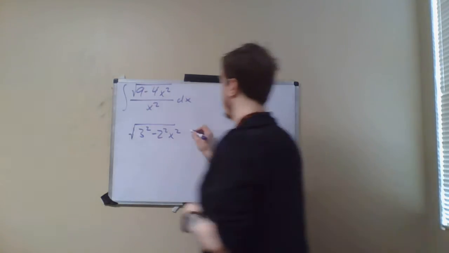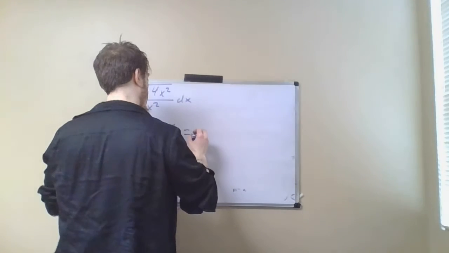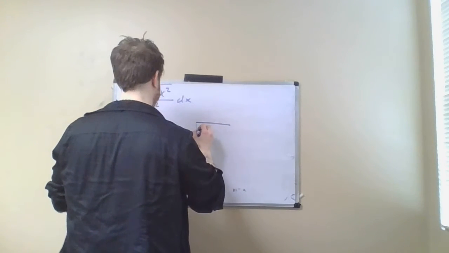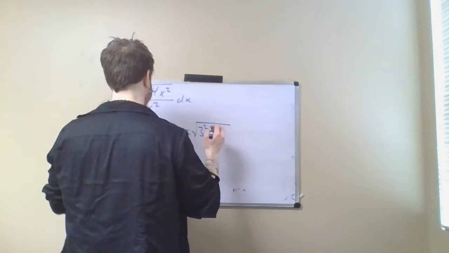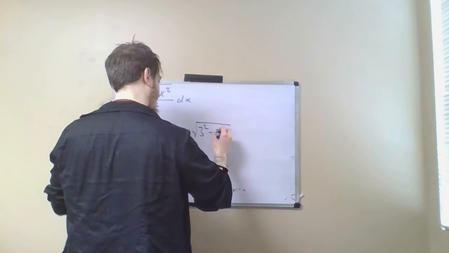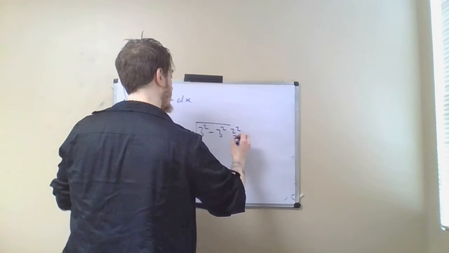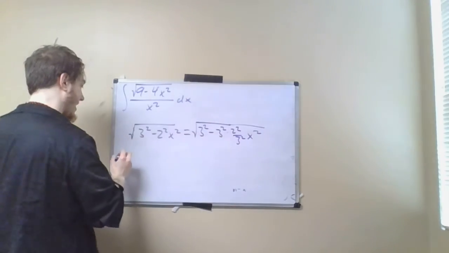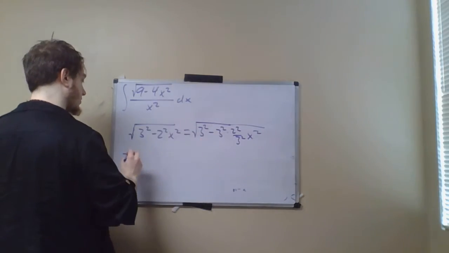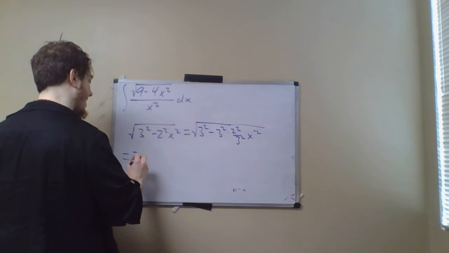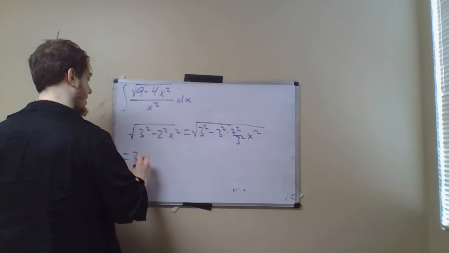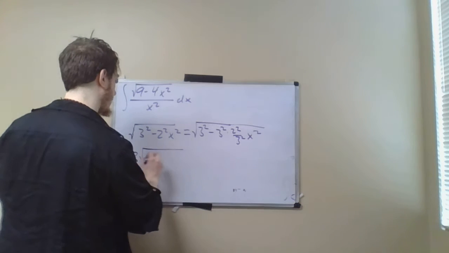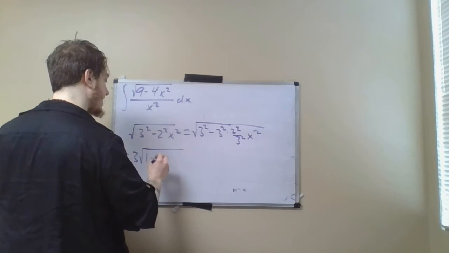And so what I can now do is rewrite this as the square root of 3 squared minus 3 squared times 2 squared over 3 squared x squared. And then I can bring out this 3 squared, and I can rewrite this as 3 times the square root of 1 minus